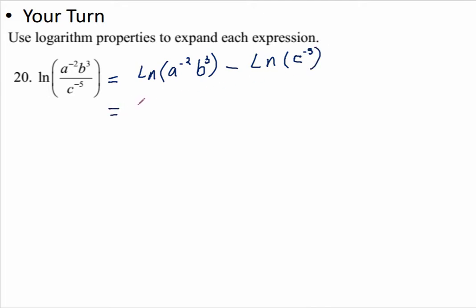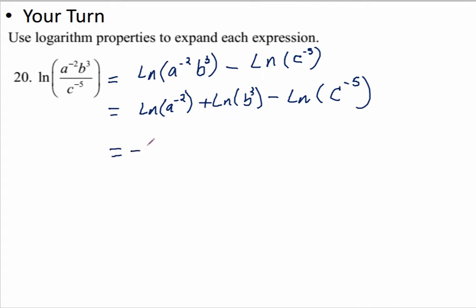Okay, so this is equal to what? Well, let's keep going with breaking this up. Let's break up this product here. This is ln of a to the negative 2 plus ln of b cubed minus ln of c to the negative 5. All right, so at this point, let's go ahead and use the exponent property and get those exponents off of there. And so this is going to be negative 2